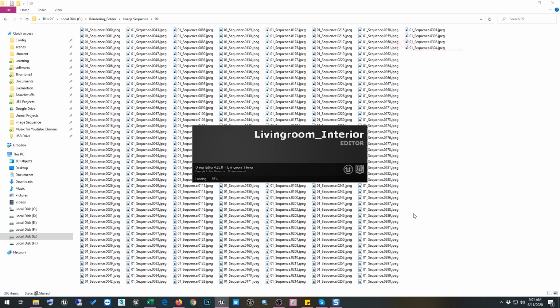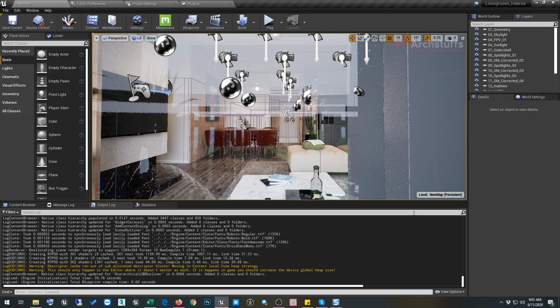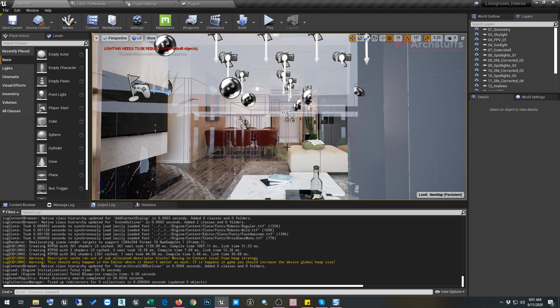Then in our project we used post process volumes and optimized the post volume settings for real time ray tracing and ray traced reflection. For using ray traced reflection and translucency, we optimized all the materials, and I made a few materials for you guys to see how we can make a ray traced material.